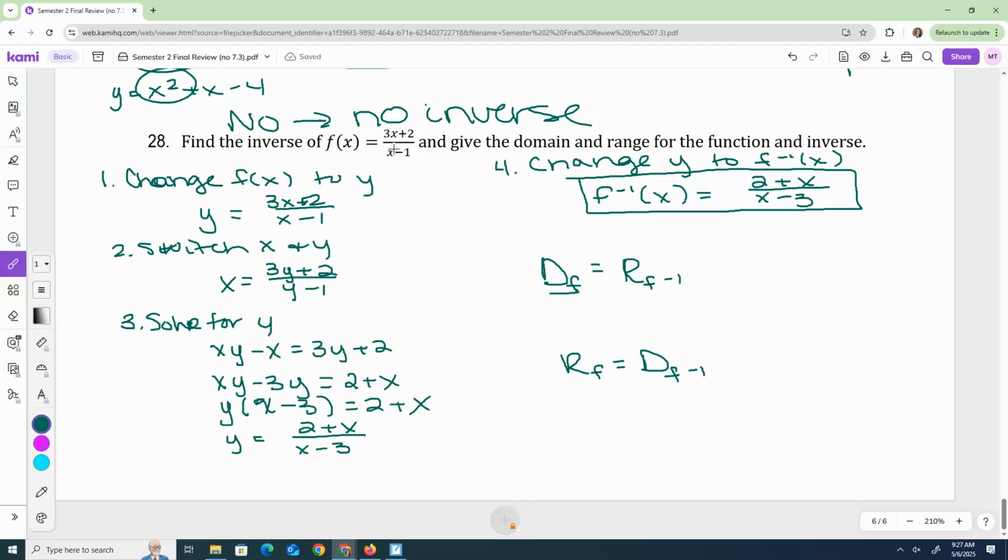If I look back at my original function, we know in a fraction the bottom can't be 0. So x can't be what? 1. So we would say negative infinity to 1, union 1 to infinity. The range is harder to tell without a graph, so we did the domain of the inverse. We look at the inverse, what can x not be? 3. So that's negative infinity